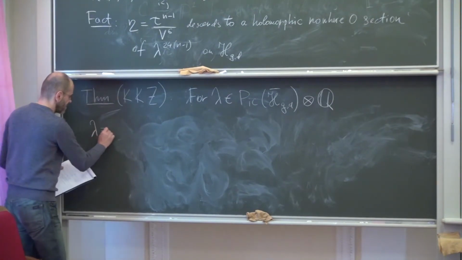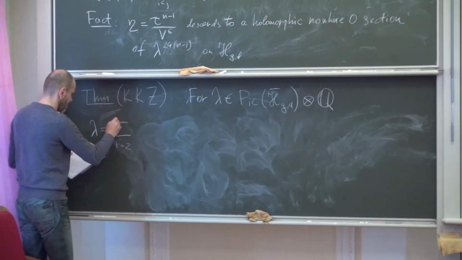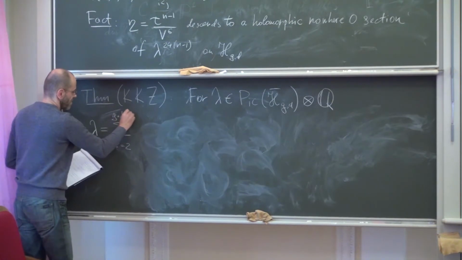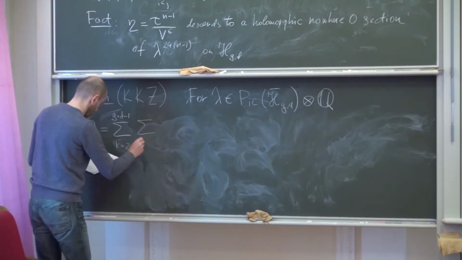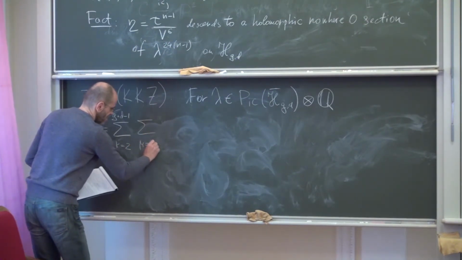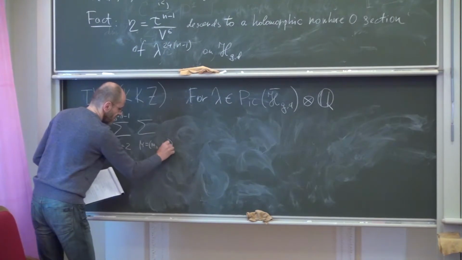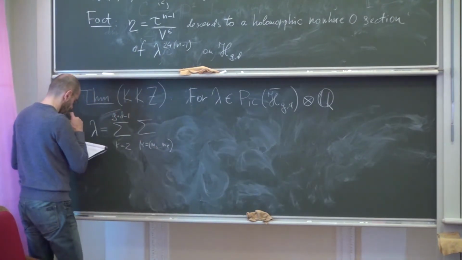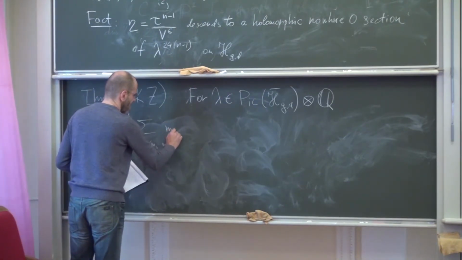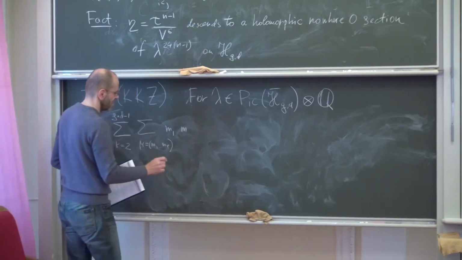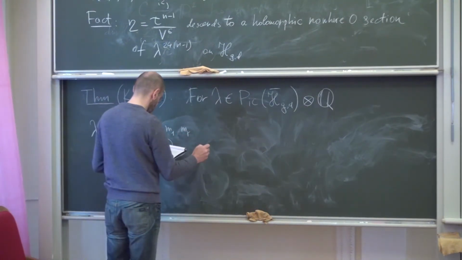The Hodge class is the sum over k from 2 to half the number of critical values, the sum over all partitions of the degree, here we have the product of ramification indices at the nodes, m1 to mr, times